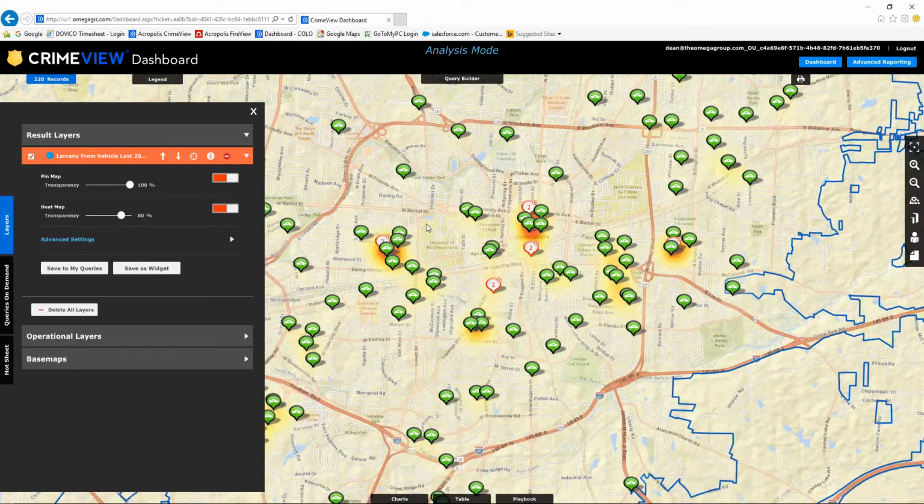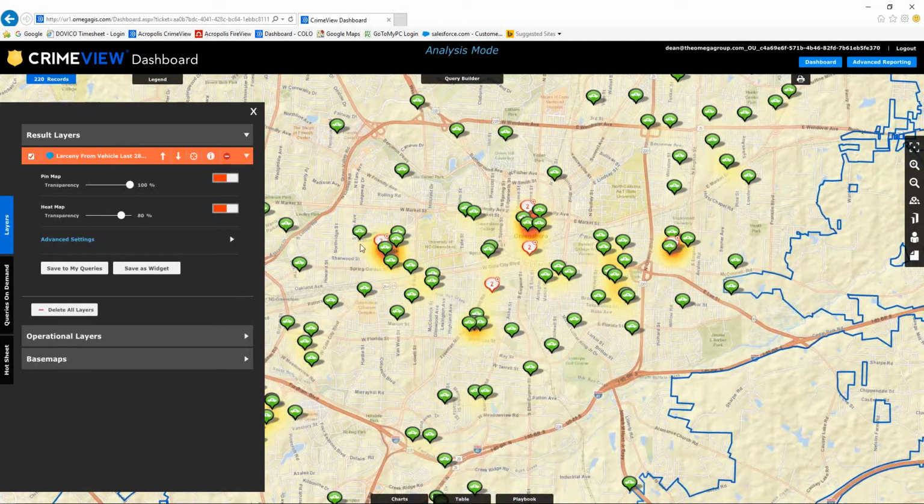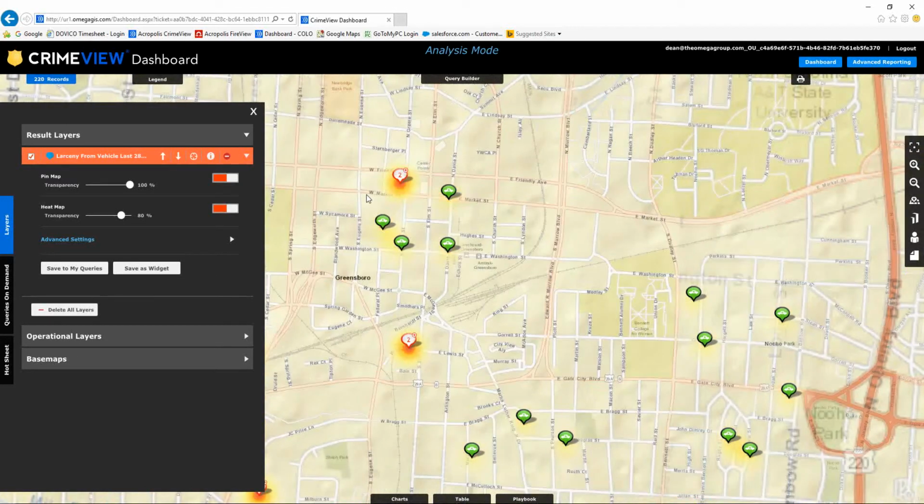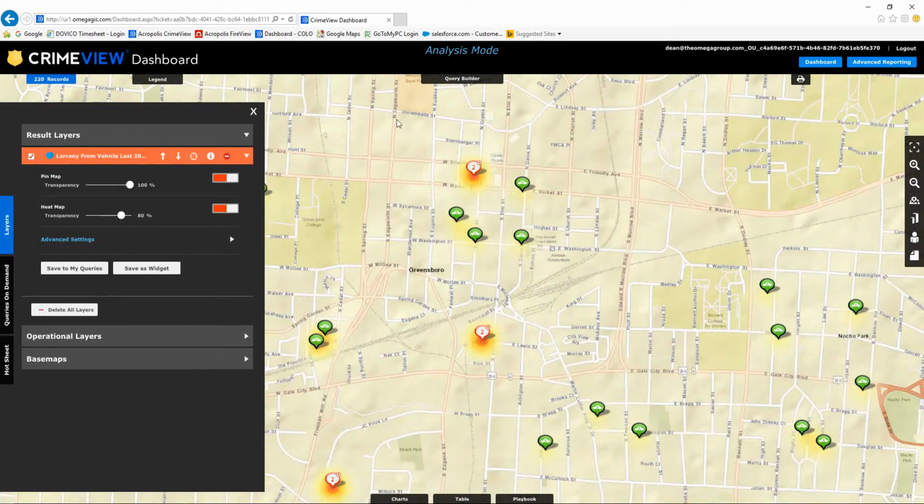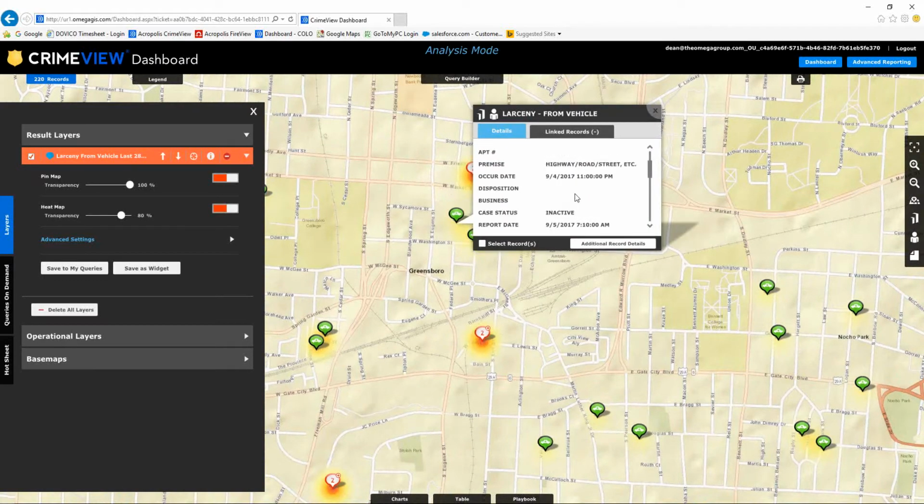So we can take a closer look here, and we've got 3 different hotspots that are occurring just within this view. I can maybe zoom in closer on this one, and it looks like it's a series of vehicle break-ins that occurred adjacent to a train station, Amtrak station. There's a Greyhound bus station there as well. If I start looking at these,